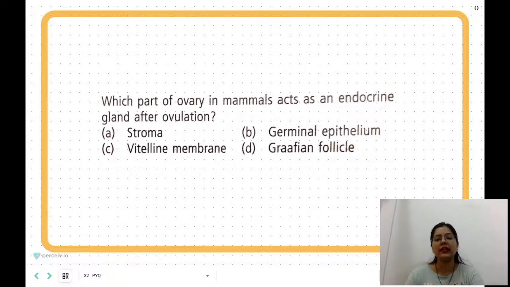जो कि एंडोक्राइन ग्लैंड की तरह फंक्शन करेगा, ओव्यूलेशन। तो स्ट्रोमा में अगर हम देखेंगे तो स्ट्रोमा बेसिकली कंसिस्ट ऑफ कॉर्टेक्स एंड मेडुला, तो ये तो पूरे पार्ट को इंक्लूड कर ले रहा है ओवरी के, सो ओवरऑल पार्ट को ले ले रहा है, सो दिस वोंट बी द ऑप्शन, ठीक है, ये तो होगा नहीं। वाइटलिन मेम्ब्रेन हम लोगों ने ऐसा कुछ सुना ही नहीं है अभी, सो इसको भी कट कर देते हैं। बट बचता आपका जर्मिनल एपिथेलियम।